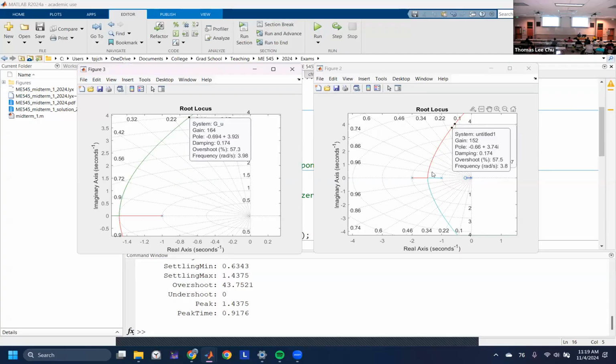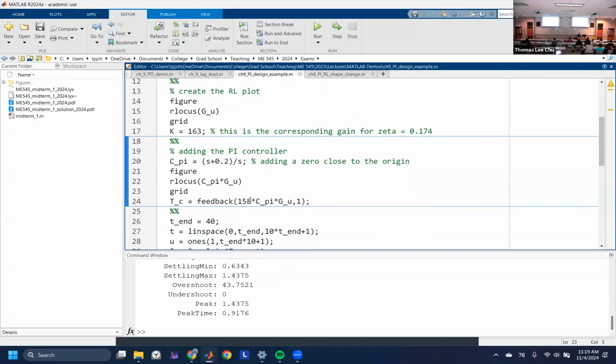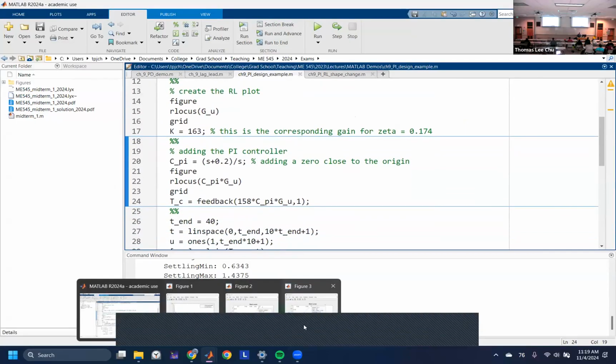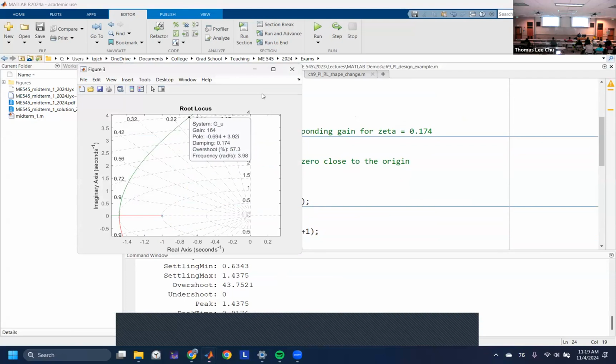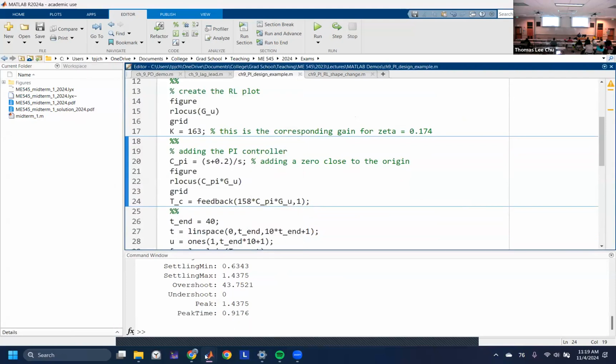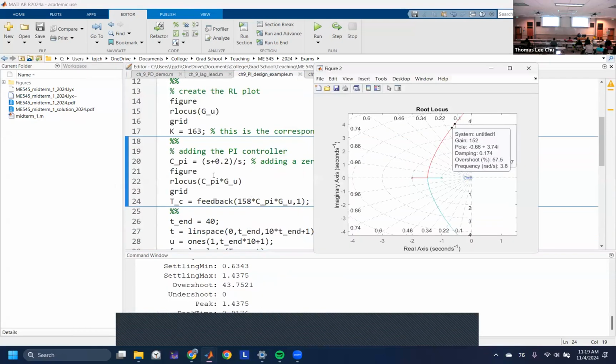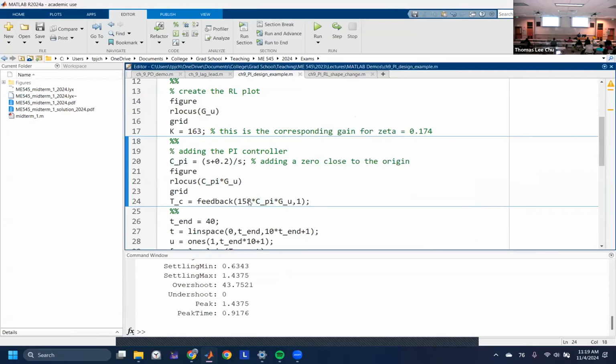Notice that the natural frequency is also different. So while adding this pole and zero close to each other does increase the system type, it does change the closed loop pole location a little bit, even though the overall shape is more or less preserved. So I chose 158 based off of that. Was it? Yeah, it was probably 158 or 152, whatever. Yeah, 152. Let's change it to 152. 152 is what we chose. I'm going to run that section. And then